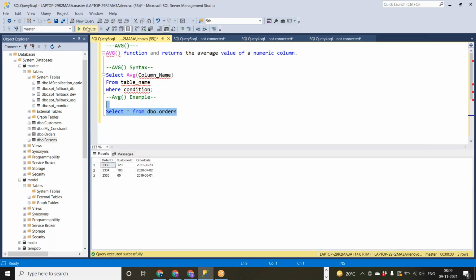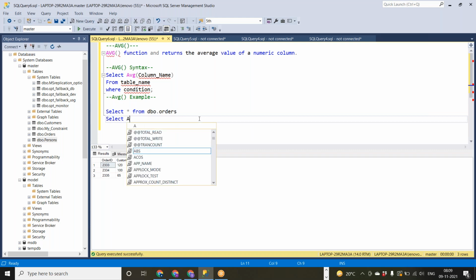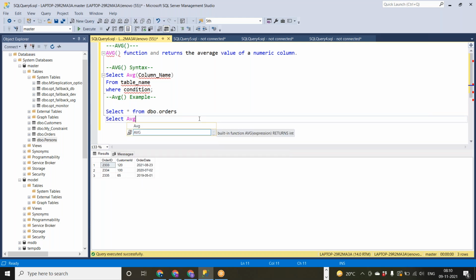Okay, in the orders table we have 2333, 2334 and 2335. So let's take the average of it. Select average of order ID from orders table.